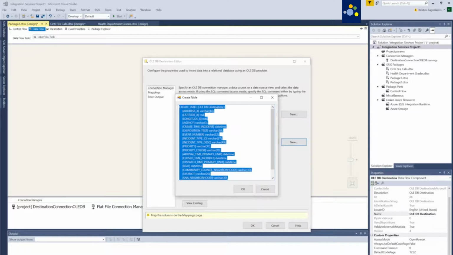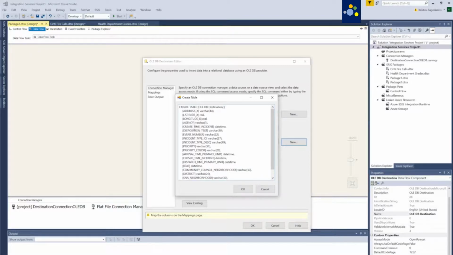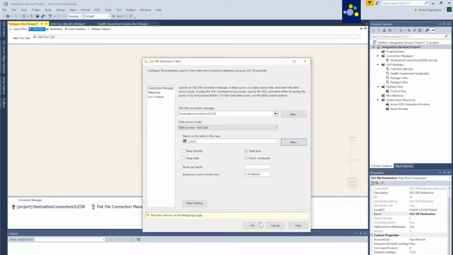So what your DBA will do is change create table from OLE DB table to something like Cinti PD. You know what? I'll just make it simple. CPDI. There you go.